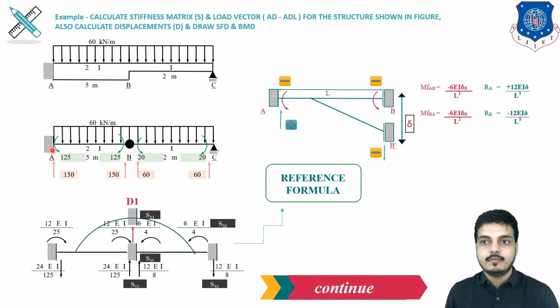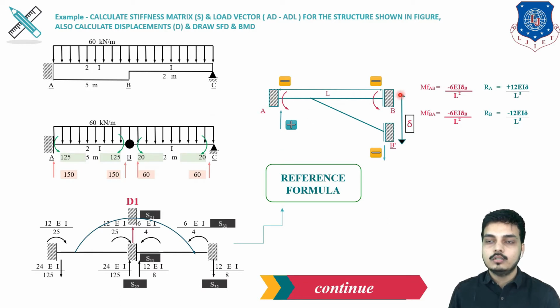Now look, this is my simplified beam. Our first unknown is D1, which is in the vertical upward direction. So what will it cause? It will cause a deflection. Till now we were understanding the sums which have a moment as an unknown and a slope effect. But here there is a vertical reaction as my unknown, so there will be a deflection as an unknown. So I have to apply the formula related to deflection. These are the reference formulas I have kept over here.